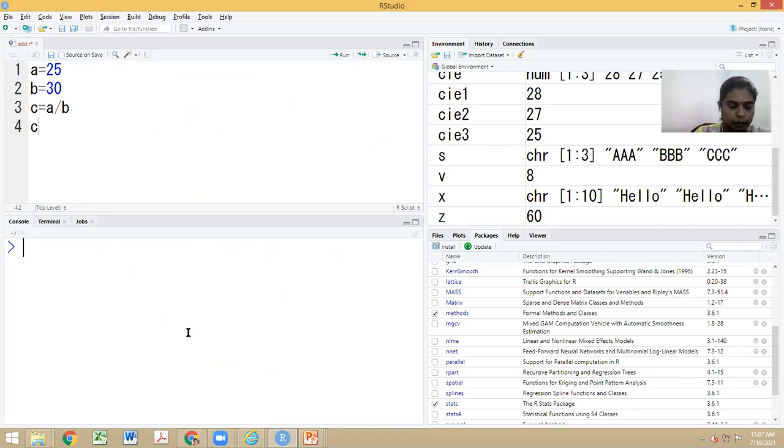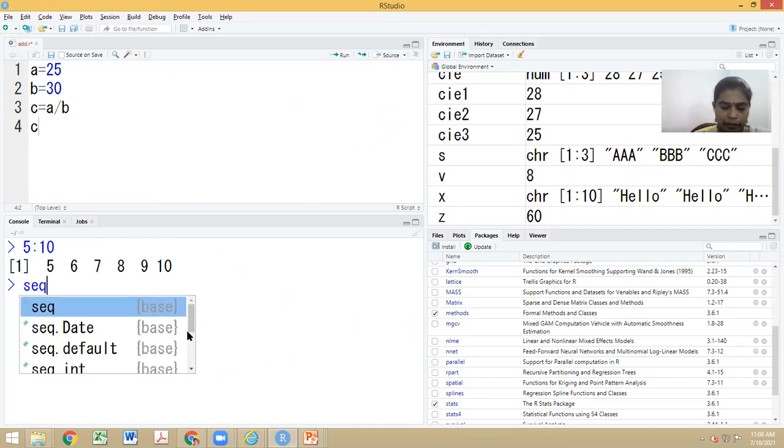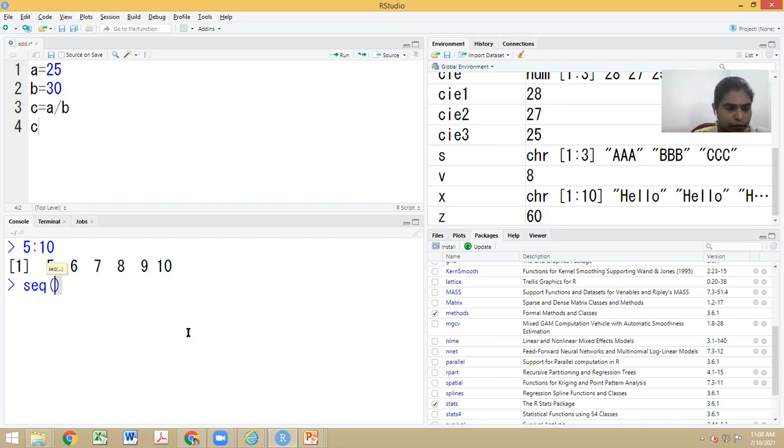Let's say 5:10. I am able to generate a sequence with the starting value as 5, ending with 10. Now let me use the library function seq, and give 5, 10. I see the same result: 5, 6, 7, 8, 9, 10. Now let me use the same function seq, and give the increment value as 0.5.